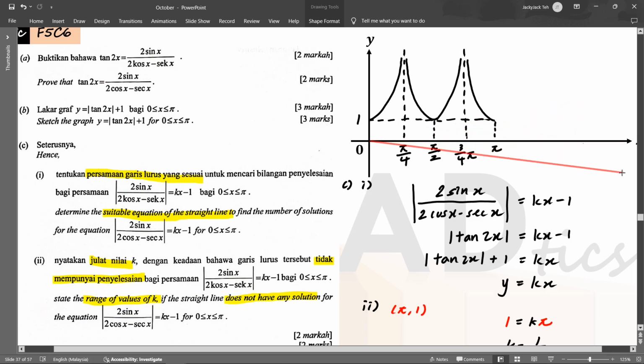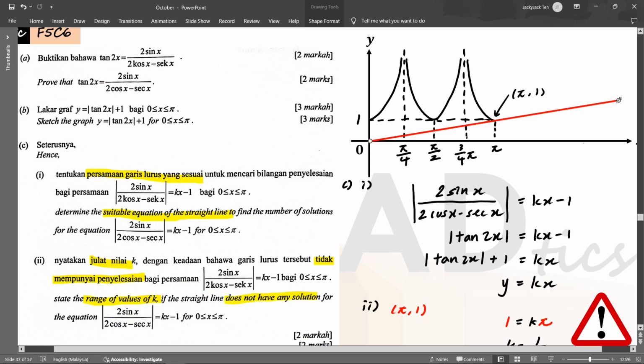As you can see now, the line does not intersect the graph. Okay, but the last part that this line intersects the graph is here, right? Which is at this part, the coordinate is (pi, 1). So if we can find out the gradient of this line, which intersects the point (pi, 1), then